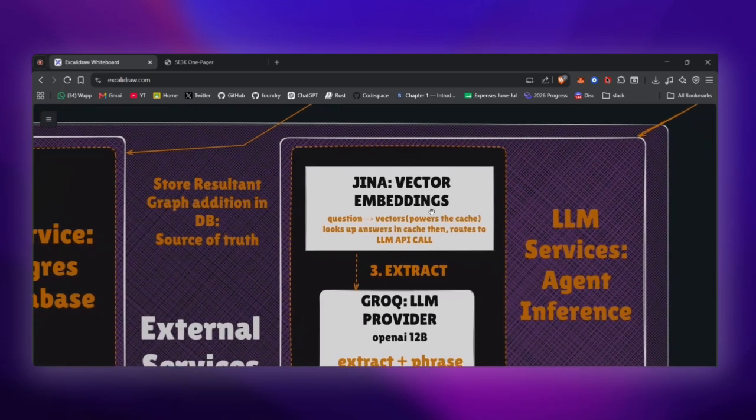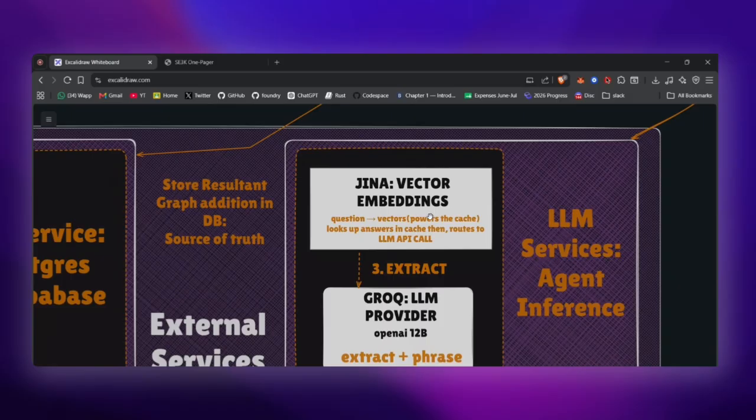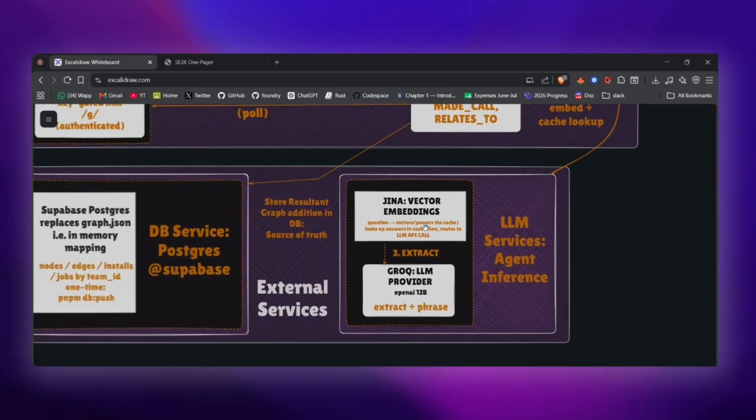As you can see here, this is the knowledge extraction and storage. Jina is used for caching, so that if a question is asked again and again, it provides the same answer and does not hit the LLM model as much, so that it does not hit any rate limits. Then there is our LLM provider, Groq, which provides us with correct phrasing and is also used for extraction. The query flow is that when someone asks a question, the MCP server first queries only the relevant subgraph, and the retrieved evidence is then passed to the LLM to generate a good grounded response. Finally, the answer is returned to Slack using Slack Block Kit, and it also mentions all the different citations and links